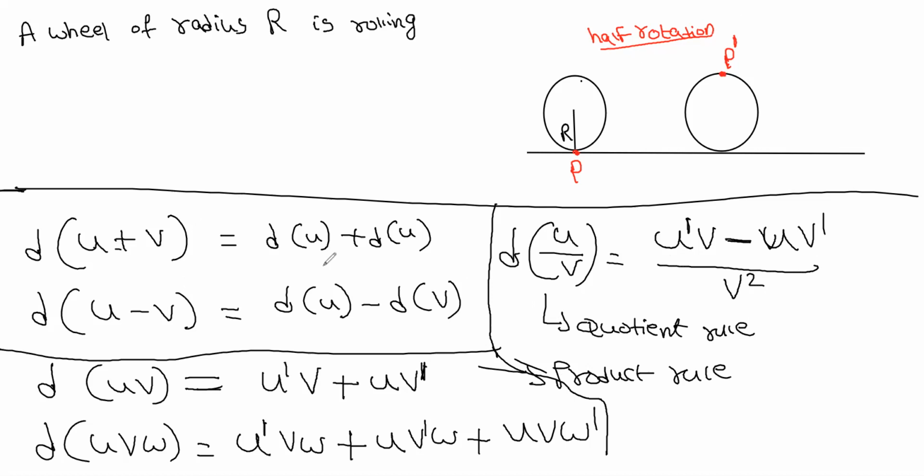These are the rules of differentiation that you have to remember. When it is addition, subtraction, you can do it separately as it is. But when it is multiplication and division, you have to follow the product rule and quotient rule. Now, if it is differentiation of some constant k multiplied by u, if it is constant multiplication, you can take it out common. So k into differentiation of u, that is u dash.